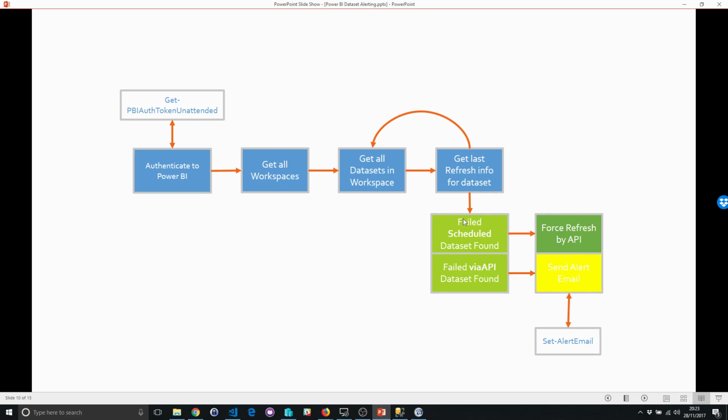So if this is a failure and it's an on-demand dataset, so that's one that the user just clicks themselves, it's not going to do anything. So the next thing it wants to do, once it's forced the refresh,